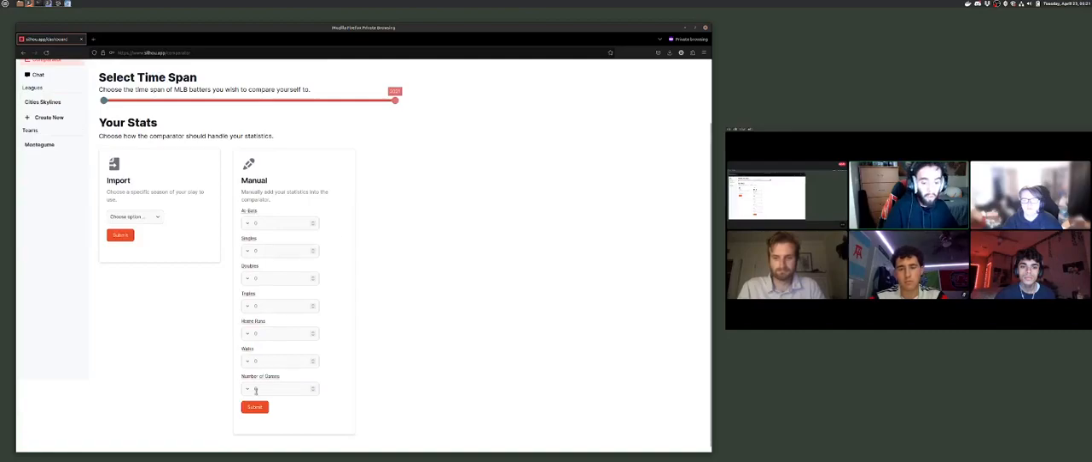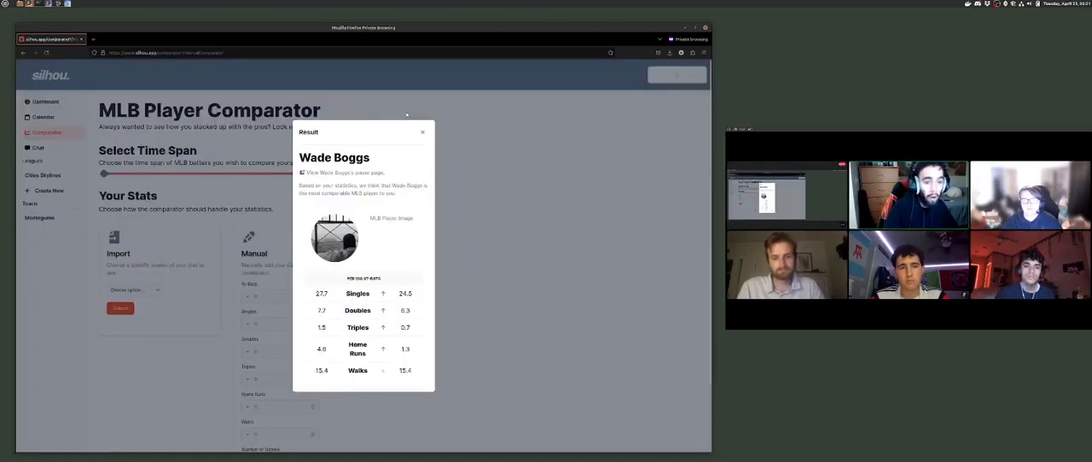So say, for instance, over 22 games, Patrick was able to accumulate 65 at-bats, 18 singles, 5 doubles, a single triple, 3 home runs, and 10 walks. Patrick can hit this submit button here, and then the k-nearest neighbors algorithm is going to run in the background and return to him a weighted box. And you can see